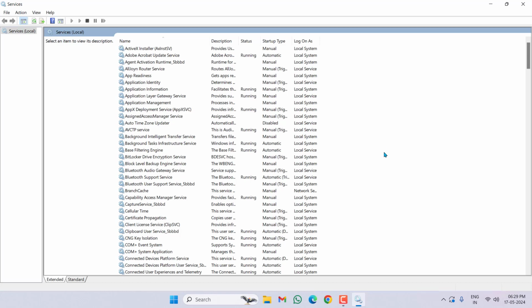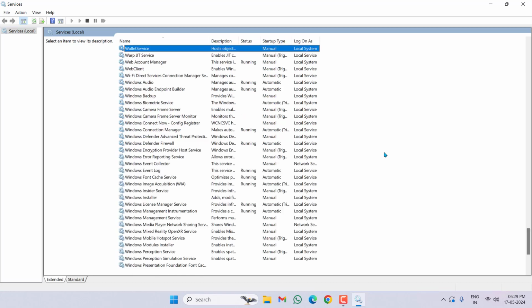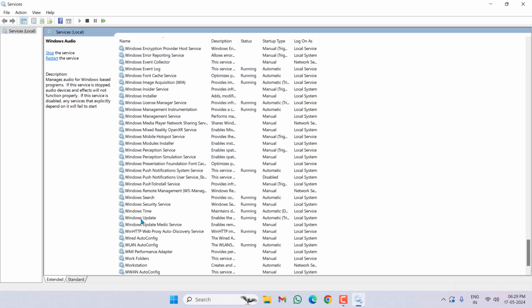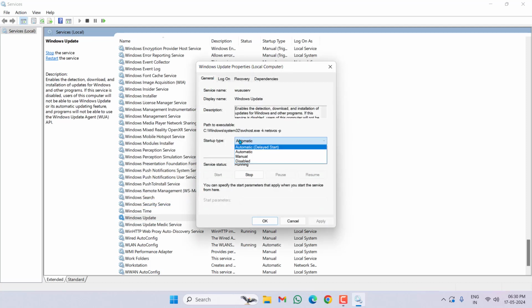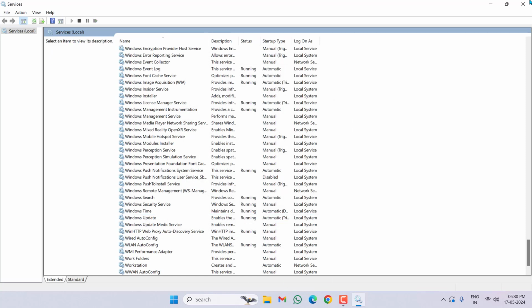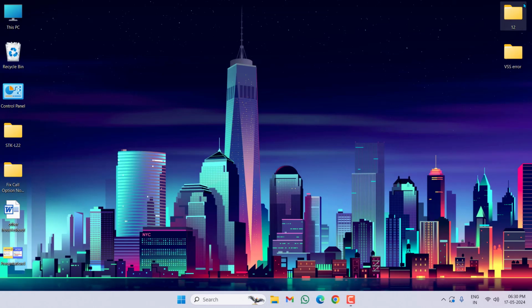Under services, search Windows Update. You can see here Windows Update. Right click on this, click on properties, select automatic on startup type, then click on apply, click on OK. After doing this, close this window, open your command prompt,